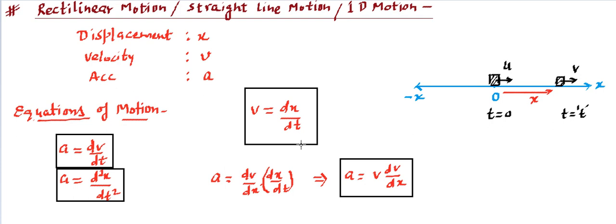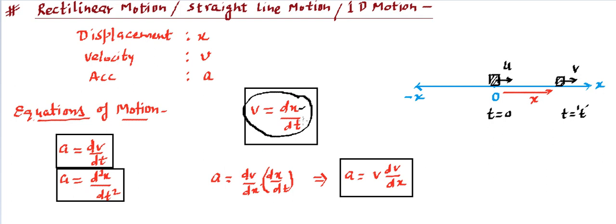All these equations describe the motion of the particle in one dimension, and you will find there are basically 2 equations. This is the one equation, and the other two are the same equation, but they use the first equation and write the acceleration differently. This might be new for you, and it's very important to handle some of the questions. Which equation to use will all depend on the question.